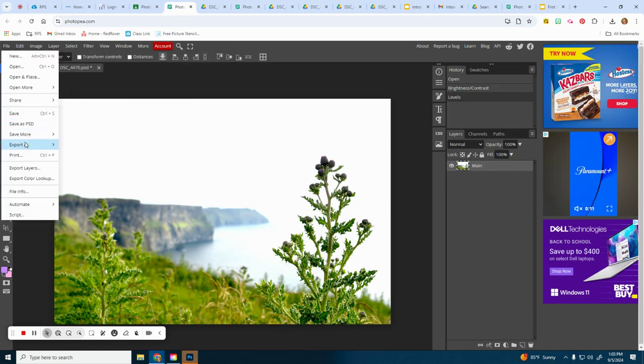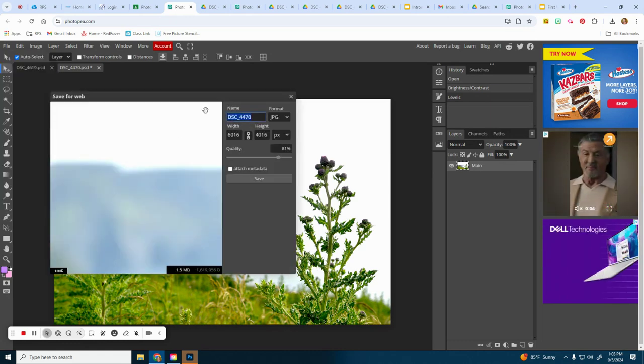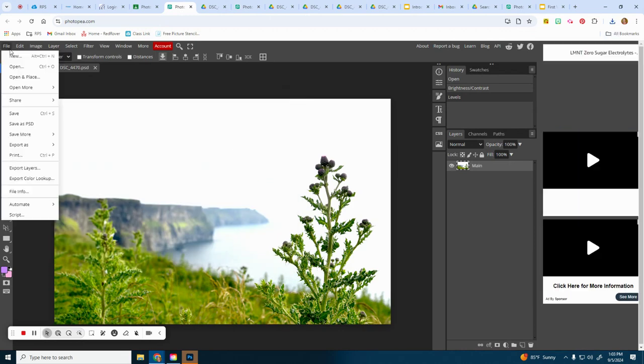And once again, File, Export as. Once you're happy with it, I'll do JPG again. We'll change this to photo 2 and click Save. All right, next image. We're going to go to